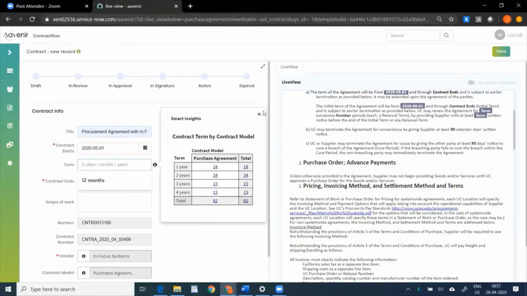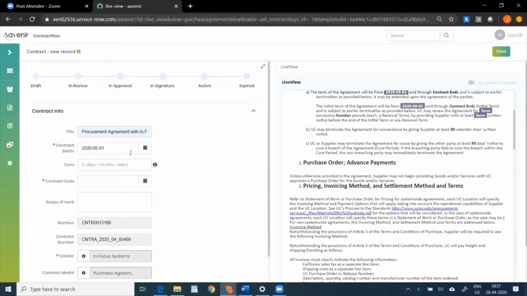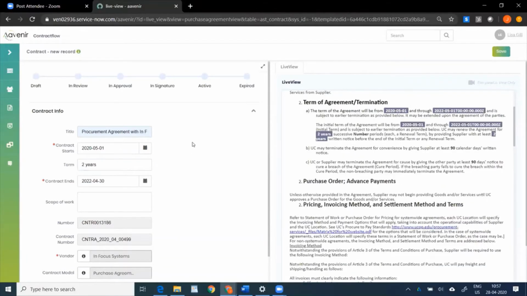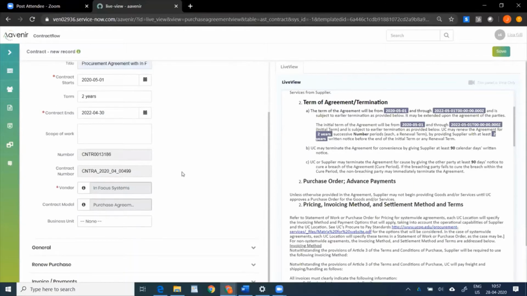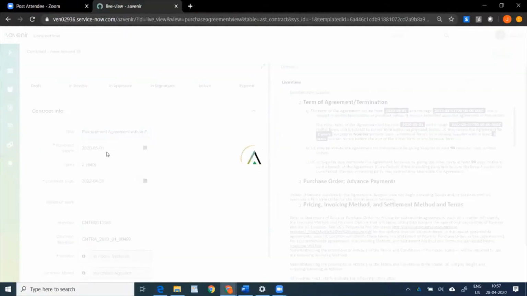Then she says, okay, that's a contracting term that you usually use, so it's a safe bet that I can use 2 years as a term. And that immediately fills up on the right side. Then you can fill in more information as you see fit. Being the demo system, we are only filling up 3 or 4 fields, but in real life, you're going to have around 15, 20 fields depending on the type of contract that you want to create.